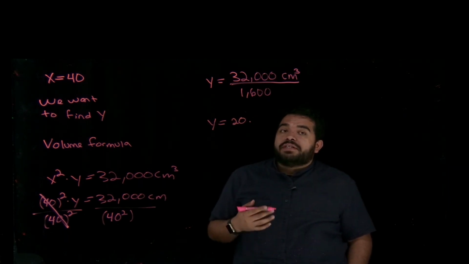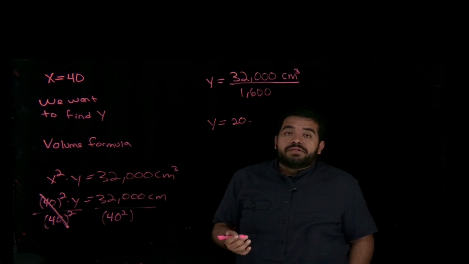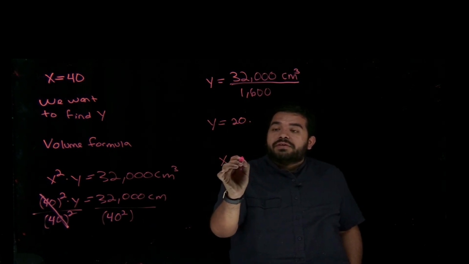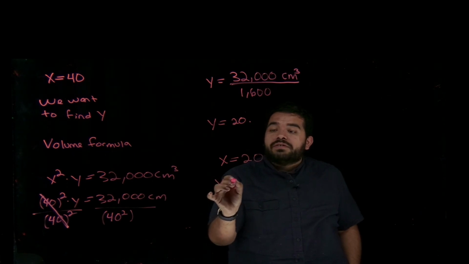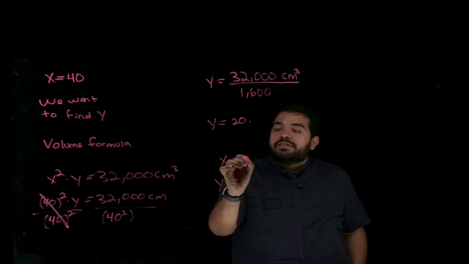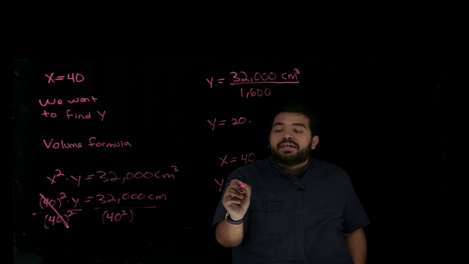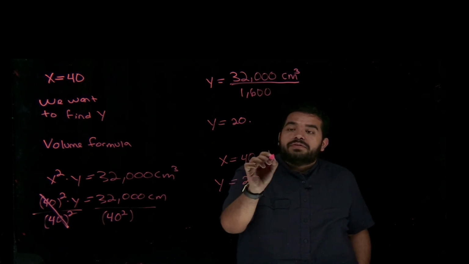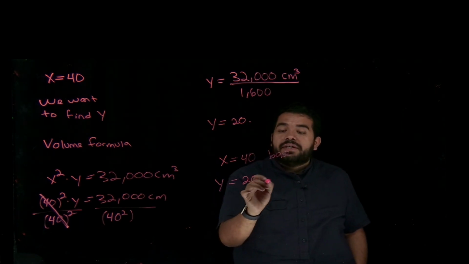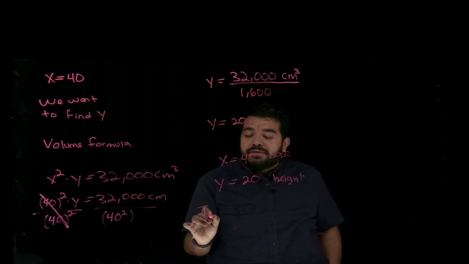And these are going to be the dimensions that are going to minimize the materials that I use for the figure. So going back, putting everything together, x is equal to 20, y is equal to, oops, I'm sorry, I mixed this up. That's okay. X is equal to 40. We verify that this is a minimum. We use this information to solve for y. So that means that the height has to be equal to 20. So the base has to be 40. Remember the figure that we have. And this has to be my height. And these are going to be the dimensions